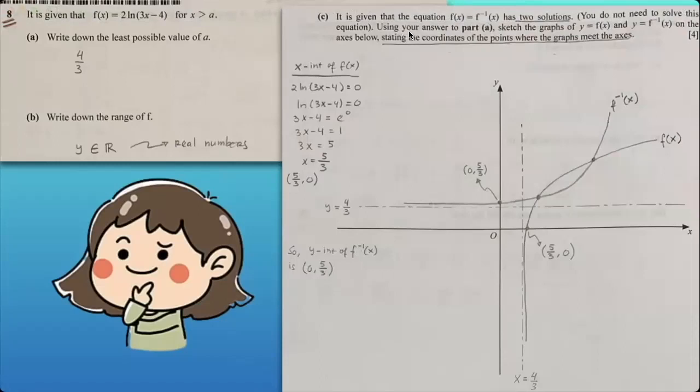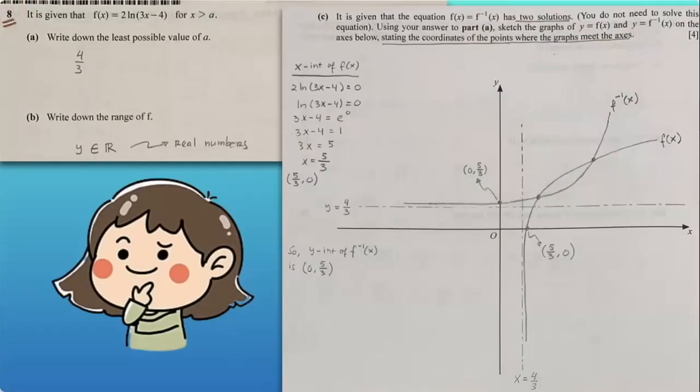And then using your answer to part A, sketch. Sketch means not to scale. Sketch the graph of y is equal to f of x and the inverse on the axis below, stating the coordinates of the points where the graph meets the axis,